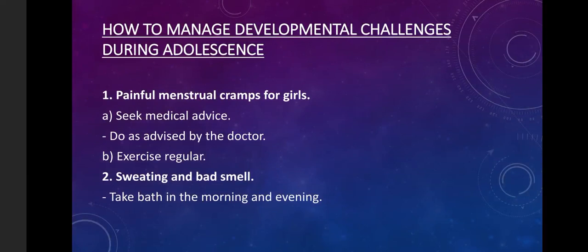Number one, she is required to seek medical advice, and once she has been advised by the doctor or the clinician from whom she was seeking that advice, then it is advisable for her to follow everything that the doctor has told her to do. Apart from that, she can also do regular exercise. That one will help her to reduce the cramps.